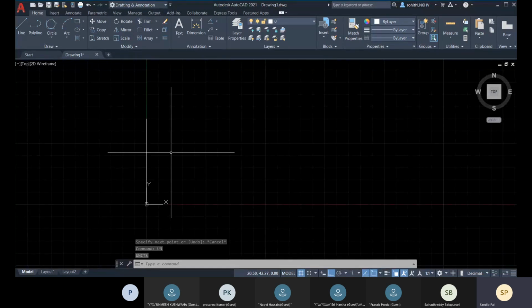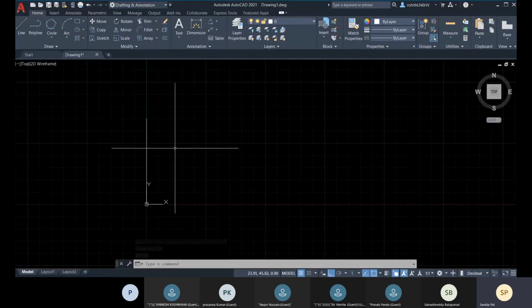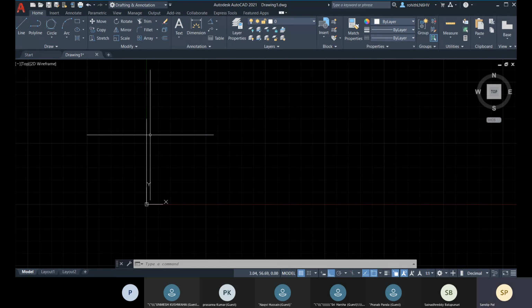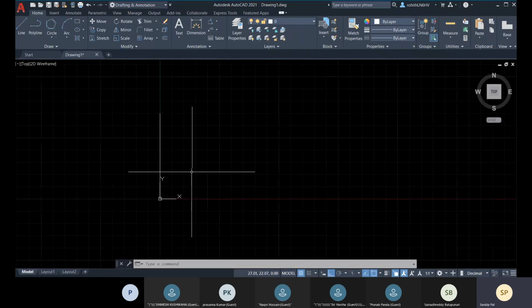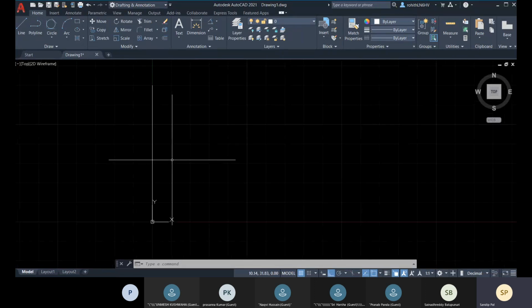I'm using millimeter. You can use inches or centimeter. I think this one will be in centimeter, because this is the baluster, so 700 millimeter will be the right height for the baluster. So I can guess this is in centimeter.